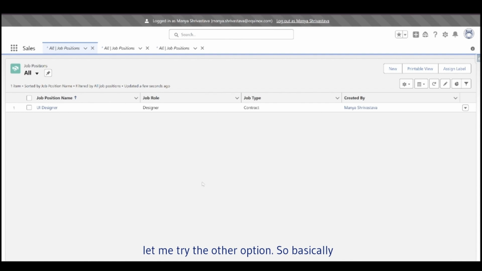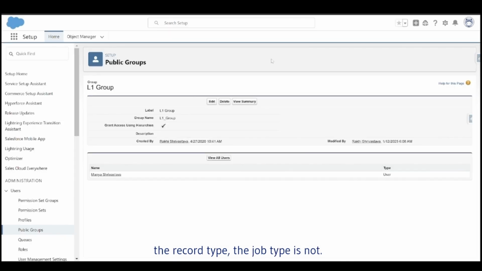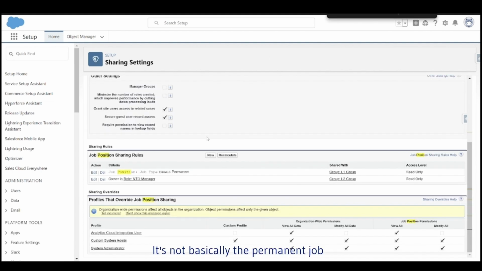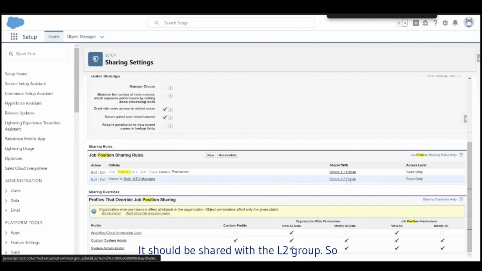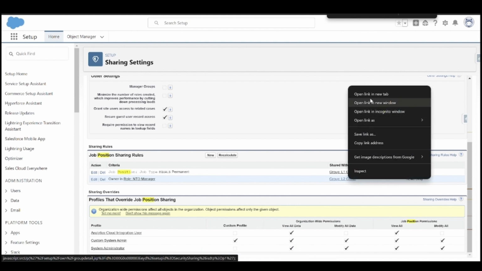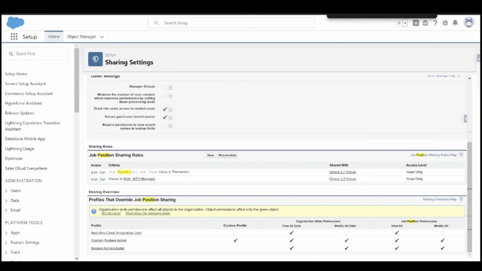Okay, so now let me try the other option. Basically the job type is not the permanent job type, so still we want to share with the other group. So maybe like record owner, we can see if the record is created by the NTO manager, then it should be shared with the L2 group. So let me first see the L2 group,